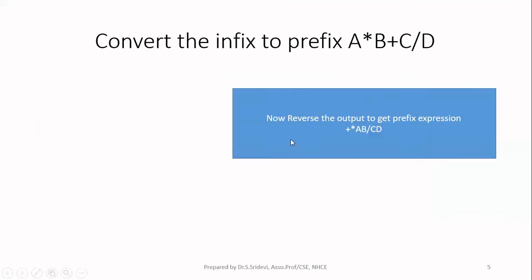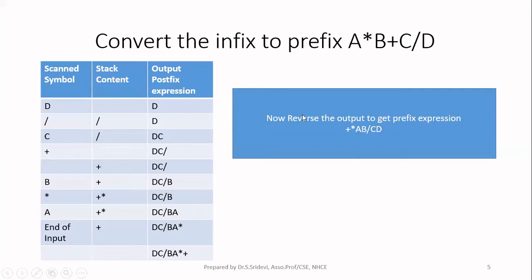Now let us see one example. This is the infix expression. You have to convert this into prefix. So the first step is to scan your expression starting from the right direction, travelling towards the left. That means I have to start from D only. Don't start with A because it is prefix. So start from D. The first scanned symbol is D. D is an operand, so whenever you get an operand, write it simply at the output. So here I have D.